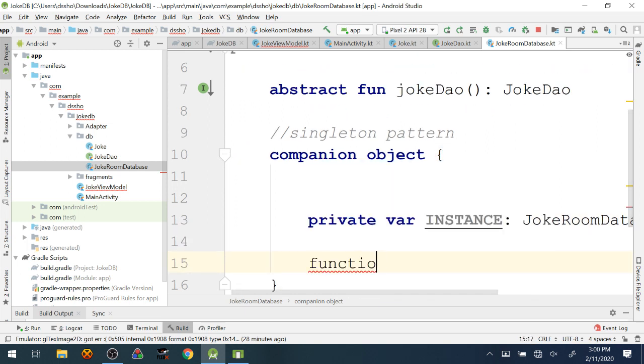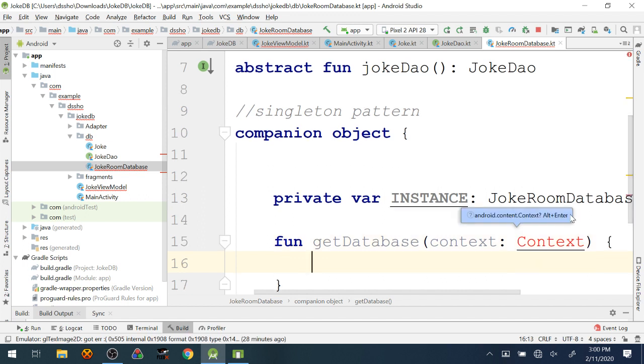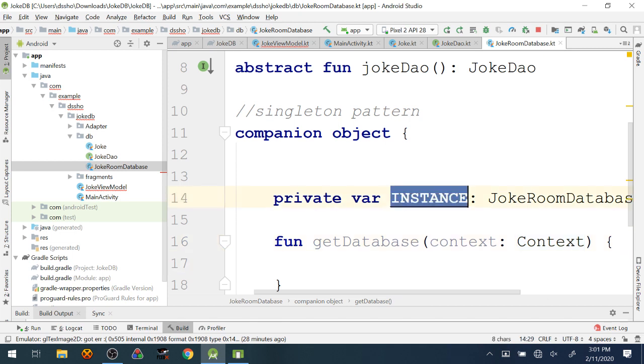The next thing we're going to do is make a little function called getDatabase. And again, this function is trying to provide access in a way such that we know that there will only ever be one copy of the database in this app. So the first thing we're going to do is check to see if this instance is null.